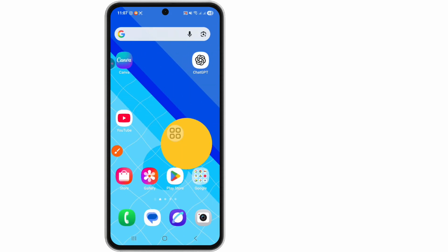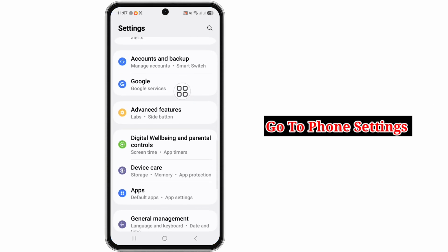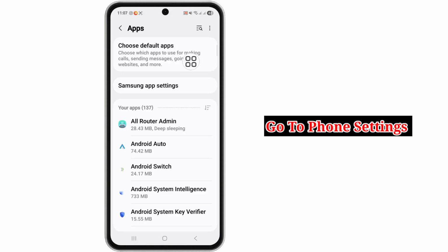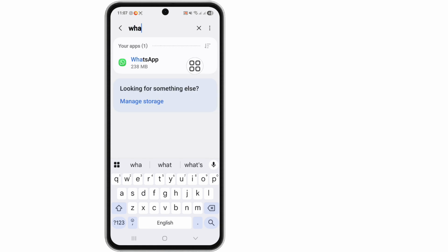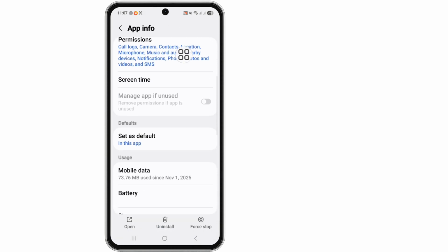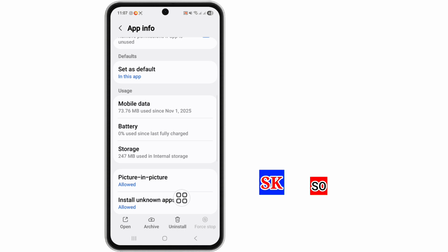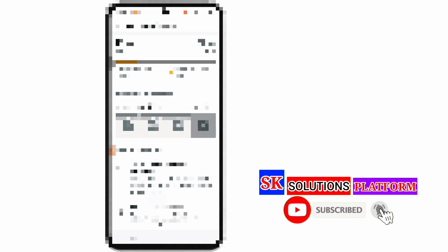First, open your phone settings and scroll down. Now tap on the Apps option and search here for WhatsApp, and tap on WhatsApp. Scroll down. Now tap on Force Stop. Okay. Scroll down. Now click on Storage and clear cache and clear data. Okay, go back